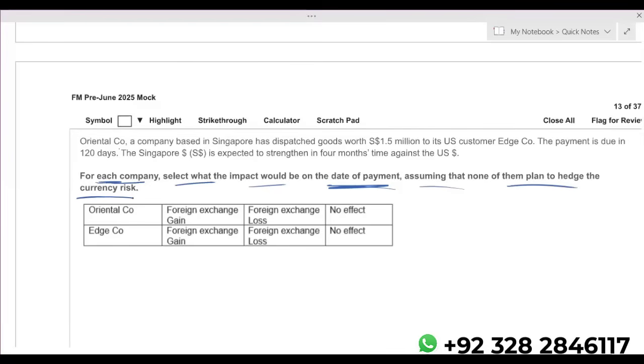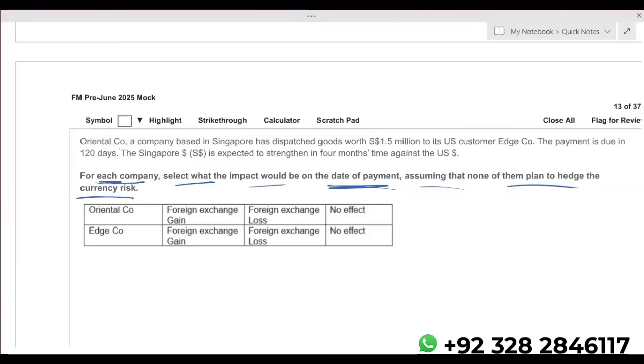If due to import you need to pay in foreign exchange in the future, let's say you have imported the goods today, you will be making payment after 2 months or 3 months. Always remember one point. If your currency is getting depreciated, then on import, you will always have a loss. If my currency is getting depreciated, it means I'll be paying more. For example, I have bought the goods for $5,000 today, but I have not made the payment.